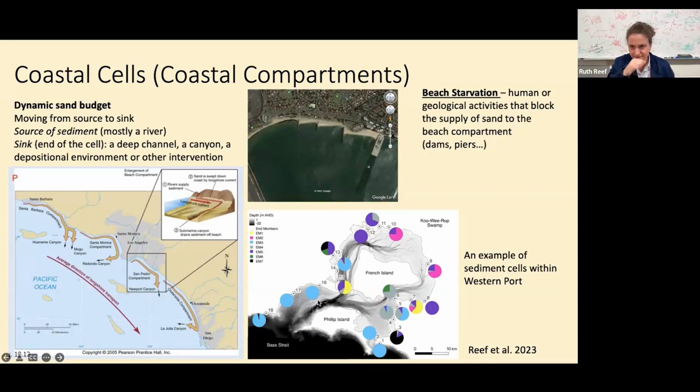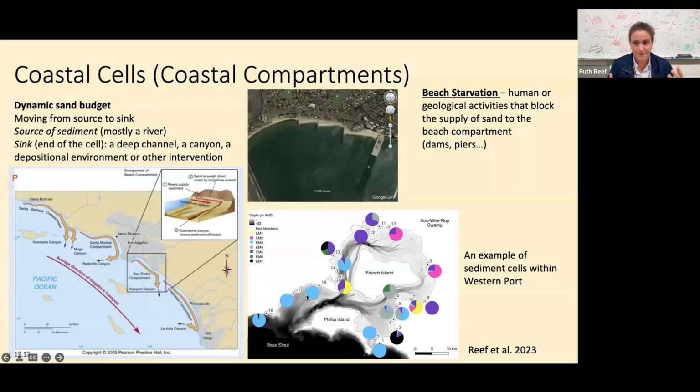And these types of cell exist also in the low energy shoreline. So this is an example we did from Western Port, where we're looking at different sand types based on the geochemistry. So I can look at a grain of sand and look at what mineralogical composition it has and create these different groupings, right? And I see sand coming in from the Bass Strait, and that's like a type of end member. And we see that the beaches at the entrance to Western Port Bay, the bay right to our east,